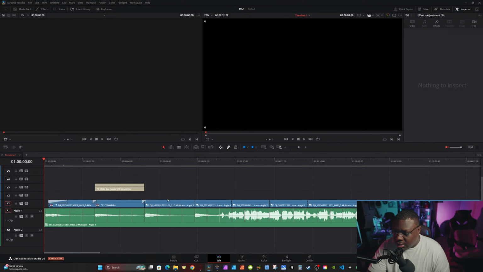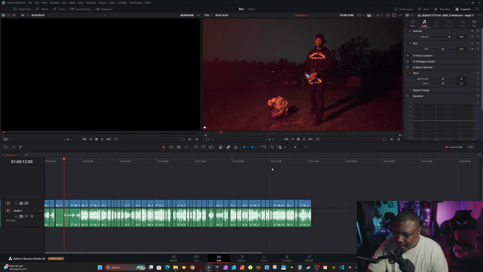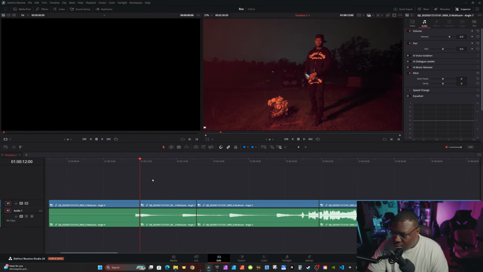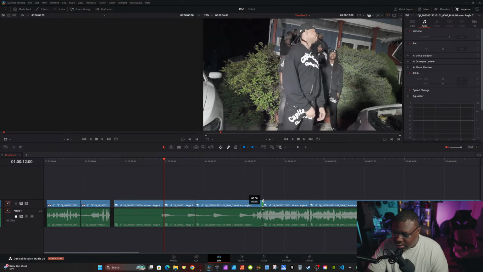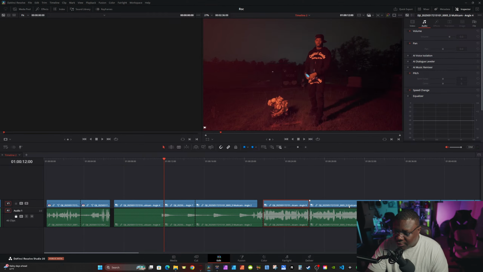So if I go back to that other timeline, if I want to adjust the clip, I can just grab the end, make it shorter or make it longer. And since I don't want to adjust really the audio, I'm gonna just lock it in place. And then I can just change these cuts, and then I can right click and switch angles if I need to. So that's just a little sneak peek.